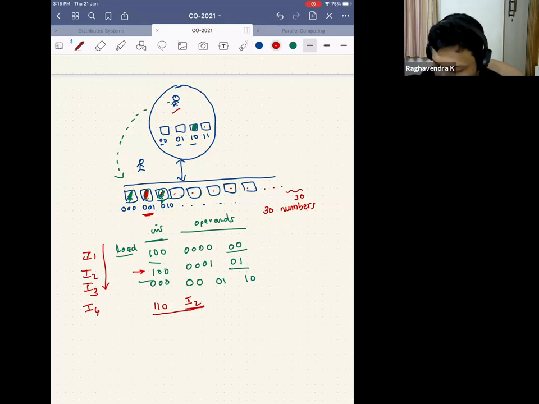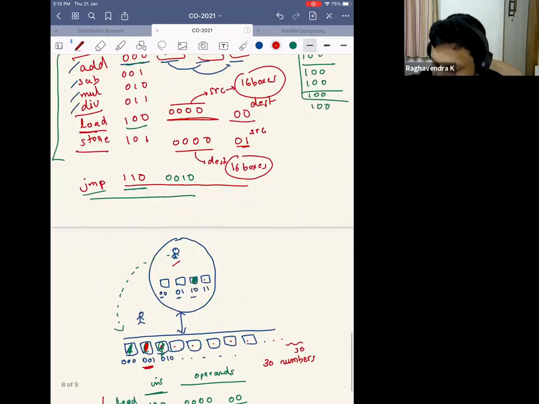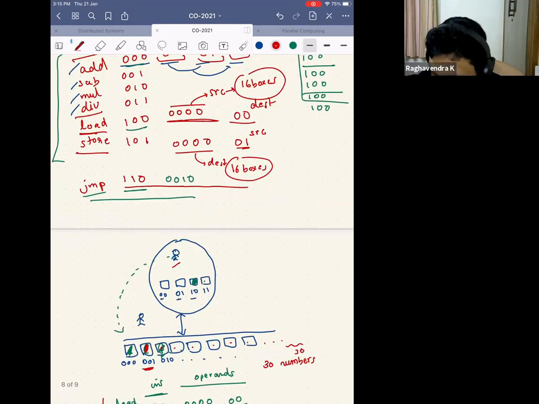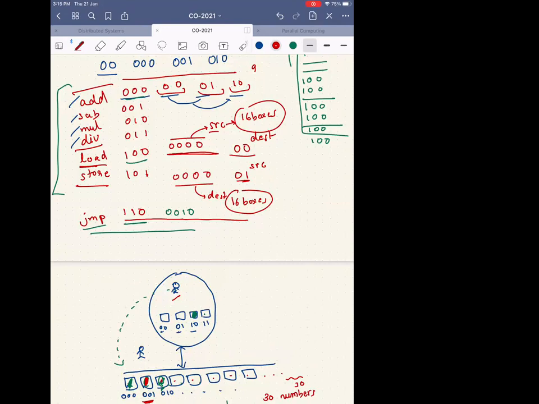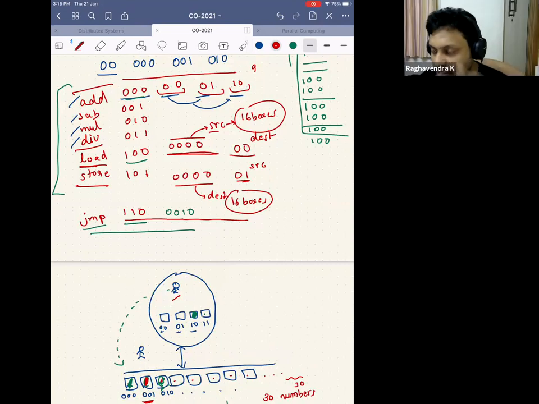Okay, so now do you want to modify this load some way? Maybe I don't want to specify the source this way. Maybe I want to specify the source some other way, like we'll say load a chunk of memory, something like that. No, right? I have only 4 tiny boxes in my house. I can't chunk the entire memory here, right?